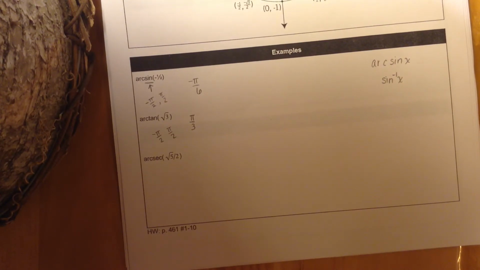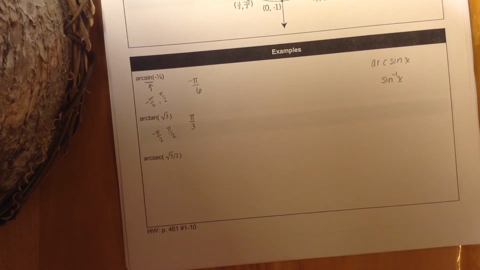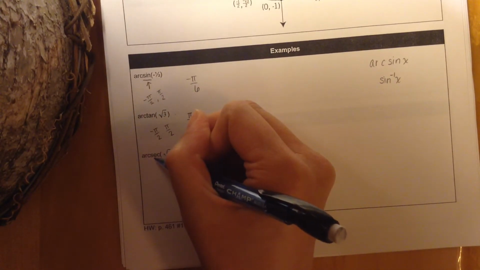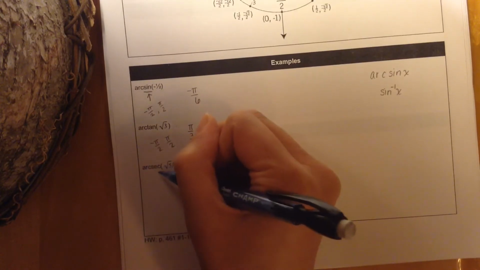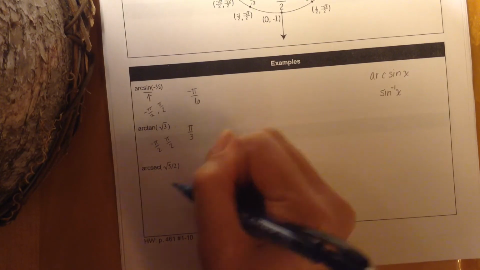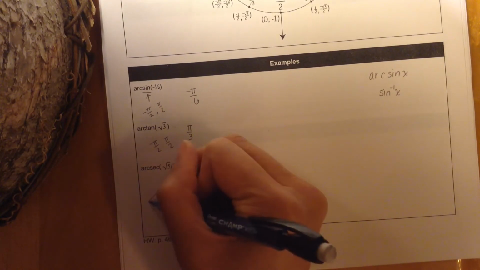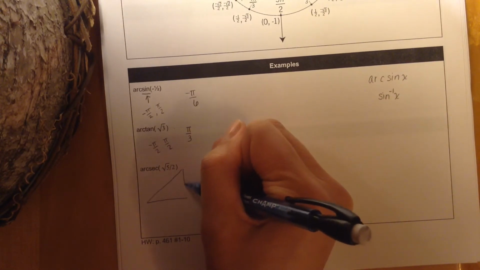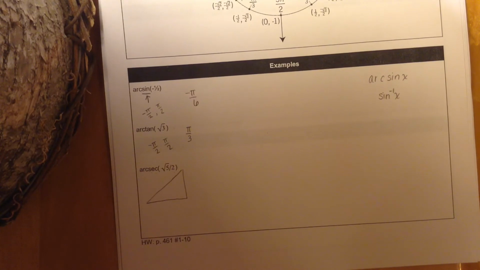Arcsecant of square root of 5 over 2. Do we see a square root of 5 anywhere on our graph? Okay, so we are going to need to think about how we're going to work with this one, and sometimes making a triangle is going to be our best bet. Let's think about what this means. This means what angle gives me square root of 5 over 2? Secant is a ratio of